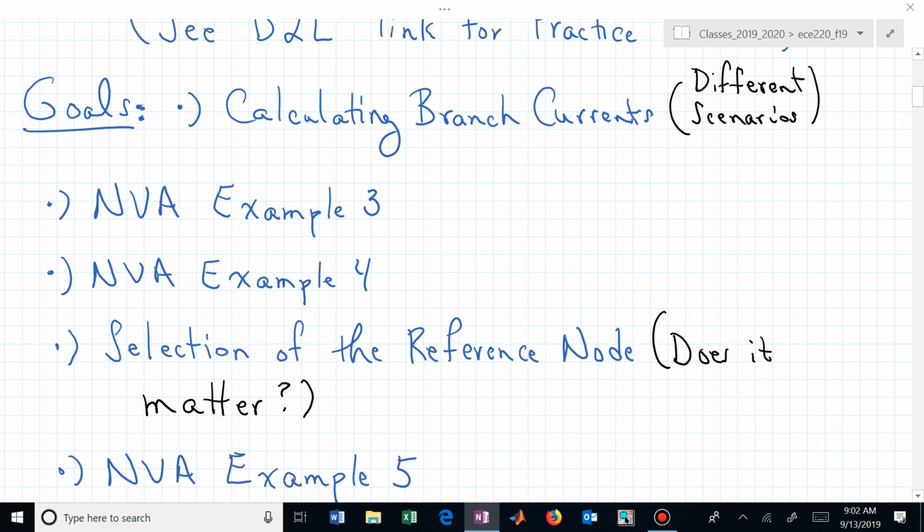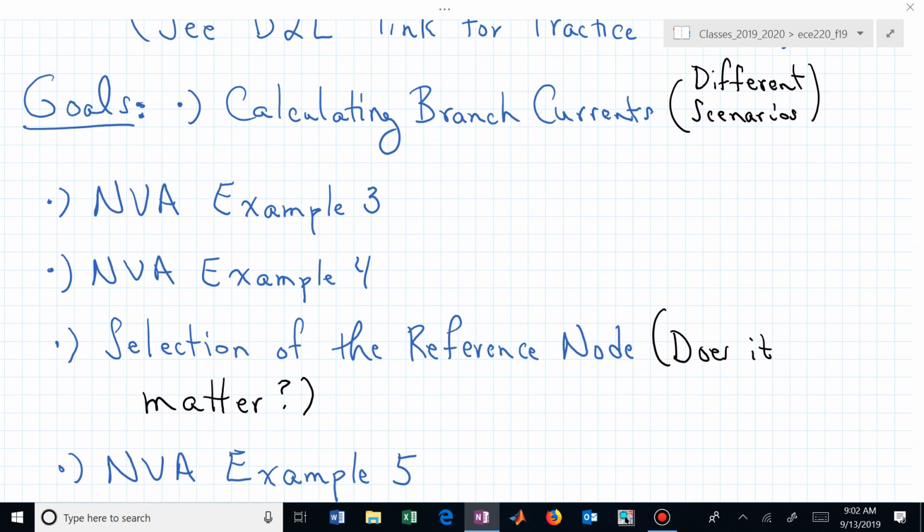What I want to do now is continue to develop your skills with node voltage analysis, and we'll do that by first looking at different scenarios you might be confronted with when you're applying the node voltage analysis process. Oh, how do I find that current when this is between these 2 nodes? That's the first part of today. How do you calculate branch currents? Then we'll go through a couple of examples. I will actually have you work example number 3 and see how well that goes. Then we will